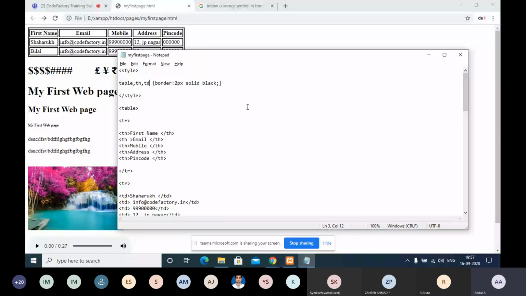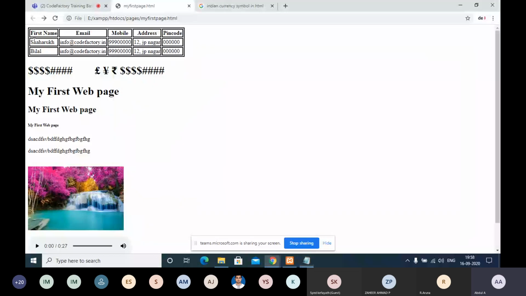So now in this table styling itself, a lot of things are there. Border collapse is there, and then margin, padding, a lot of things are there. For example, text align. I think it is left aligned. We can give some right align also, we can center align also. So a lot of styling is there.